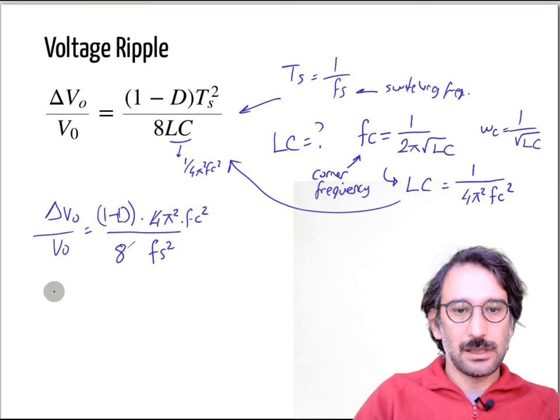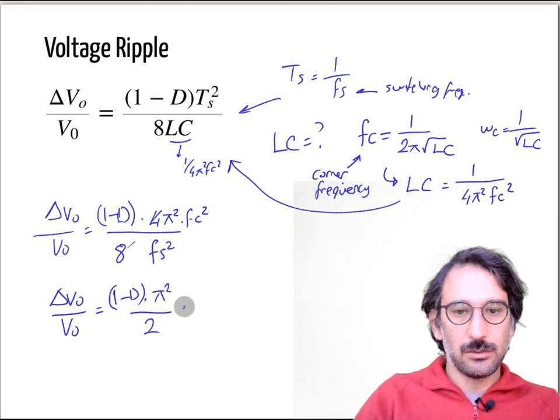That one and that one cancel each other, so let's write that: (1 minus D) times π² divided by 2 times, I think that is the important part here,